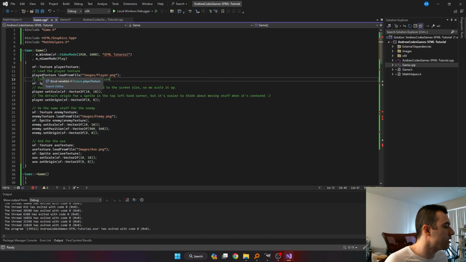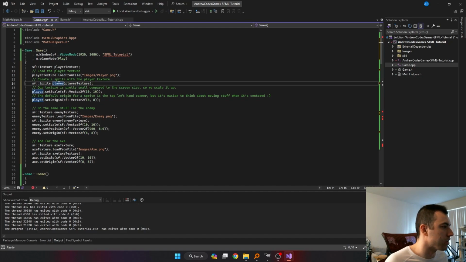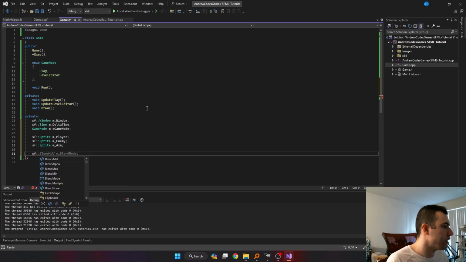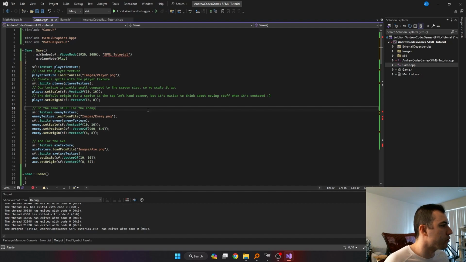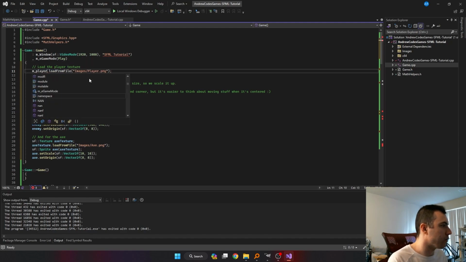at the beginning. I think we'll also need to save the textures because sprites take a reference to the texture. They don't actually copy the texture. So the texture needs to persist forever. It can't just live in this scope. So I'm going to additionally include a texture, and we'll call this player texture, enemy texture, and axe texture. And these will probably end up going away, but for now we can keep them. So we don't need to create a player texture here. Instead, we say our player